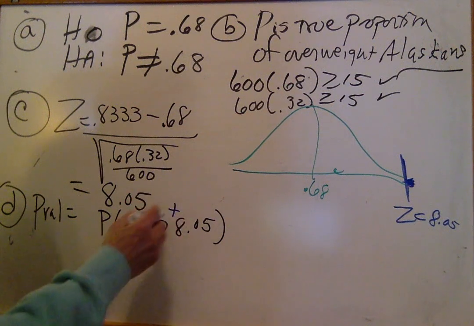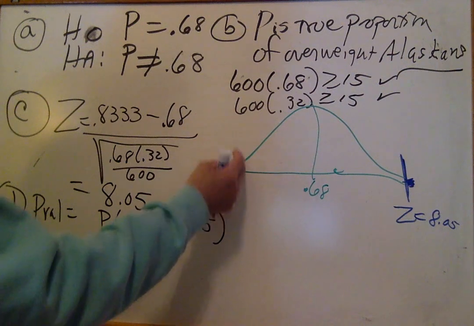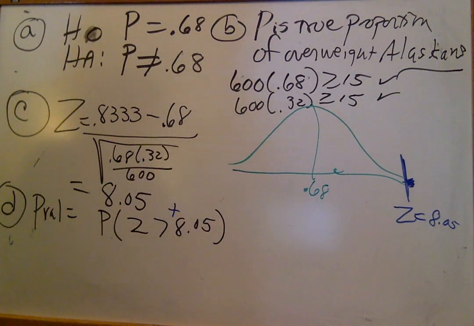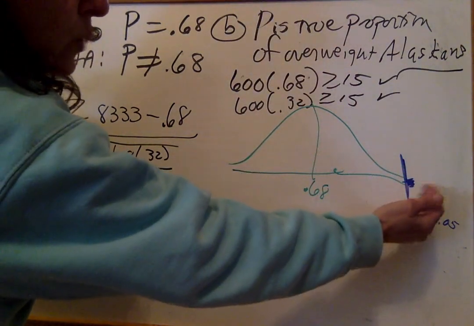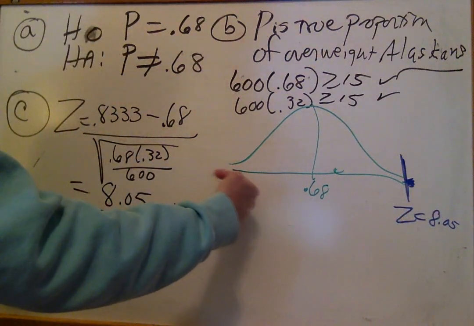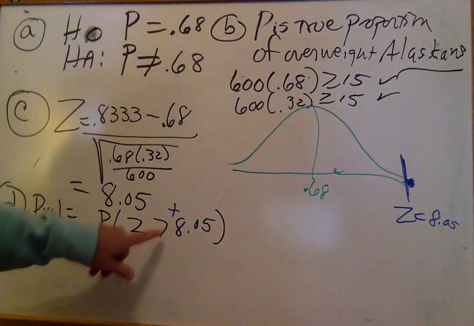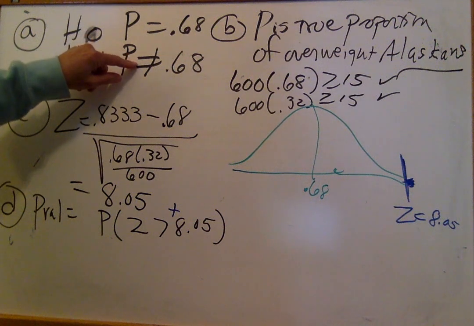See, the greater than symbol always goes with the positive test statistic. The less than symbol would go with a negative test statistic. You're either always going to be doing greater than the positive, or you're going to be doing less than the negative. So this one is greater than positive 8.05. Why am I saying this 3 different times? Because see, that symbol